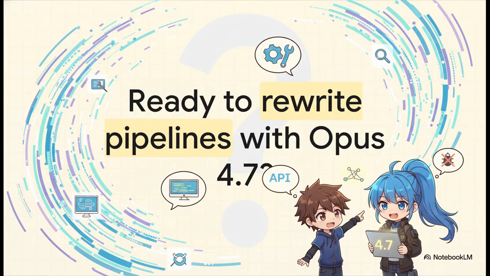Are you ready to rewrite your enterprise code pipelines with Opus 4.7? The benchmarks are super clear. The API is incredibly robust and ready to go, and that era of endless manual debugging is officially a thing of the past. It might just be time to open up your terminal, fire up that new API endpoint, and start